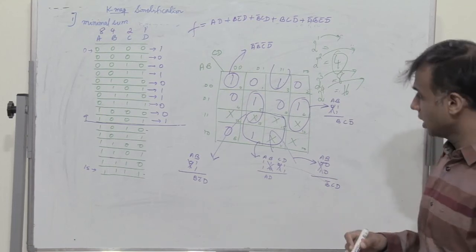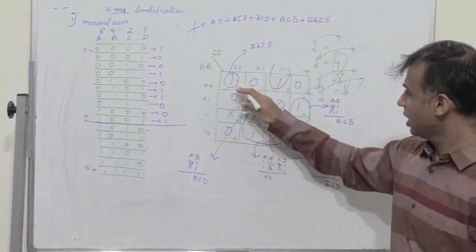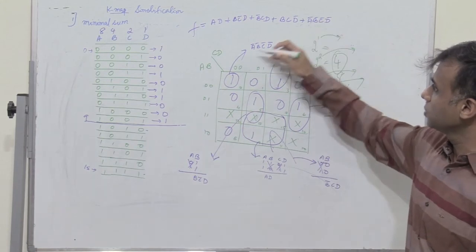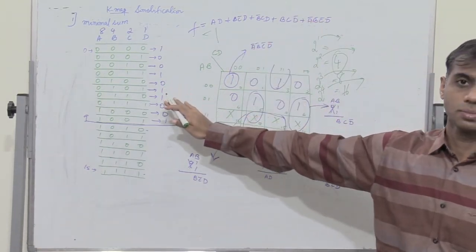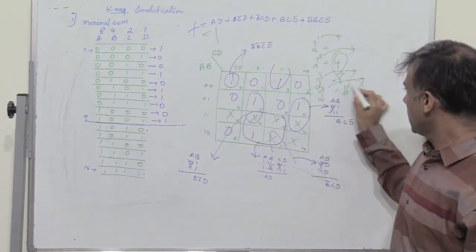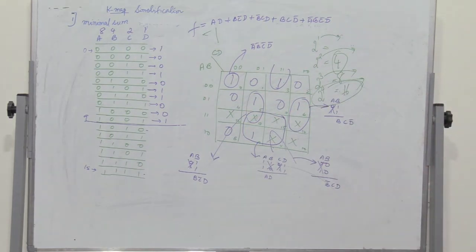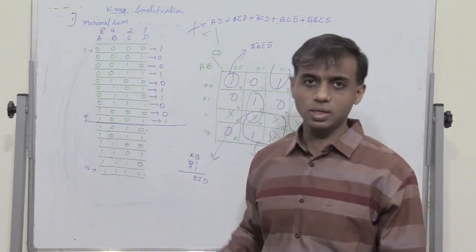So let's consider a case where all of them are 1s, right? So I have 1s everywhere. So I can group all the 16 1s, so therefore the output F is 1. That means the output is always high, right? So in that case, we have 2 power 4, which is 16, where all the 4 variables get eliminated. That means irrespective of the inputs A, B, C, D, the output is always 1.